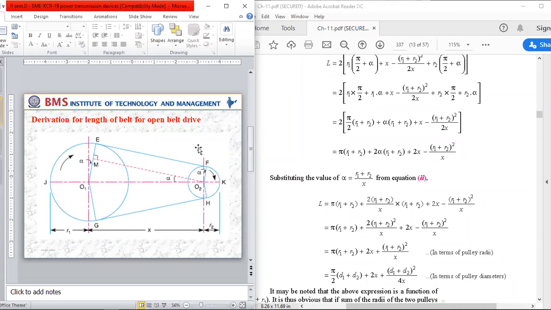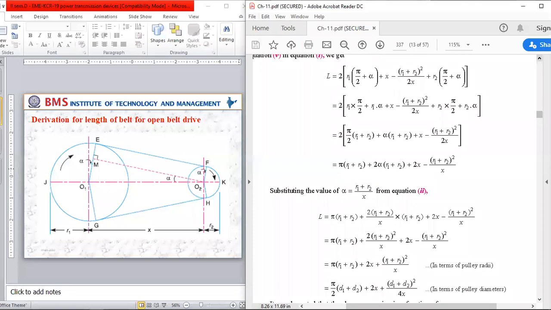So if I find out all these lengths and substitute in the equation L is equal to, then we'll get the result, but some simplification is required. And also while calculating the O to M value, it should be expanded into terms, because here we use the binomial theorem. O to M value is calculated by using the binomial theorem.